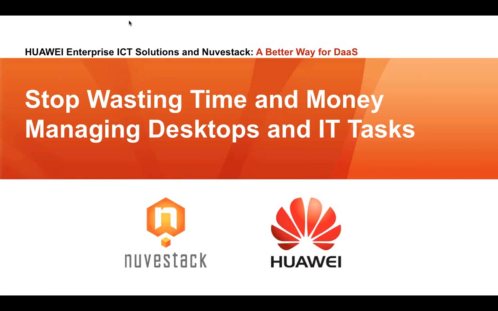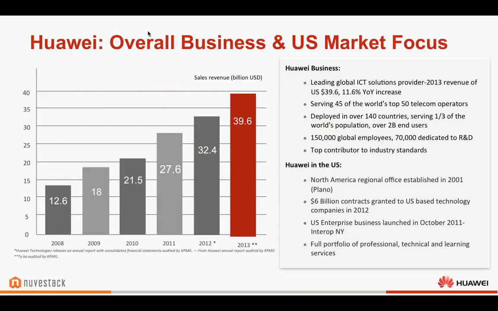So what we want to do is dive in a little bit on the overview of Huawei, and just take 2 or 3 minutes to talk about that. First of all, as many of you know, Huawei is a global powerhouse. It's a $40 billion company with offices all over the globe. Interestingly, it's a little bit less well known in the United States, and we're doing everything we can to change that through lots of marketing and attending events and things like that.